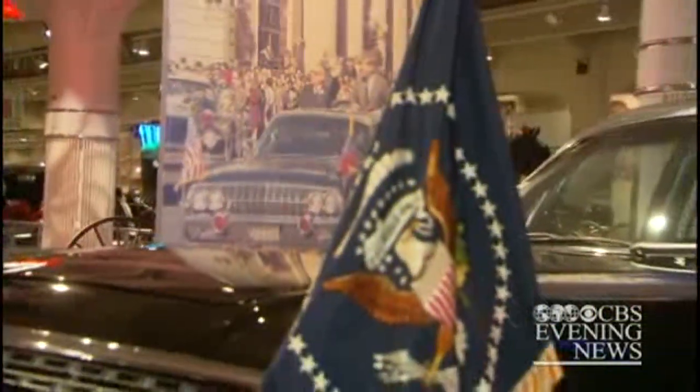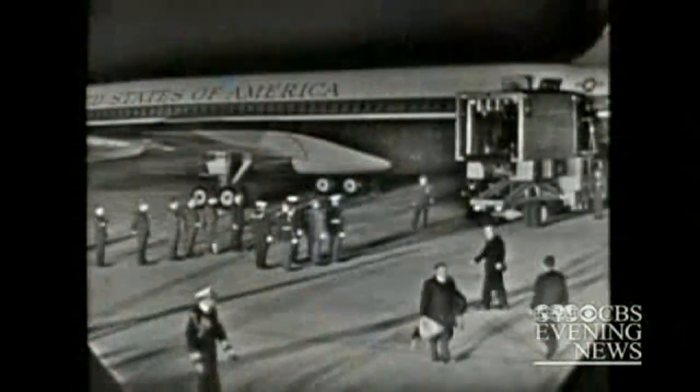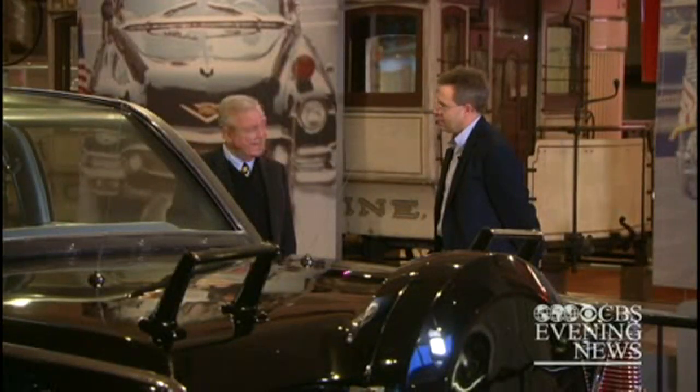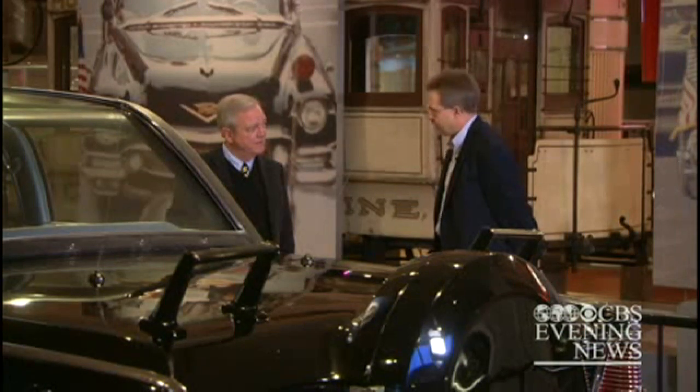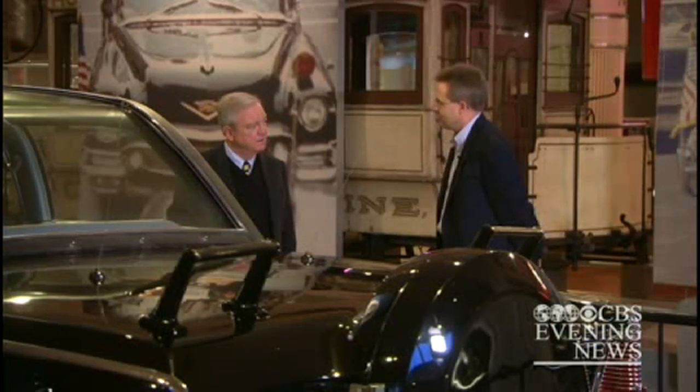Codenamed X-100, the limousine, with all its tragic evidence, was flown to Andrews Air Force Base a few hours after President Kennedy's body. They drove it back to the White House. That night, to get it back into the garage to start their investigation. And they determined that the most practical thing to do was just to rebuild this existing car rather than